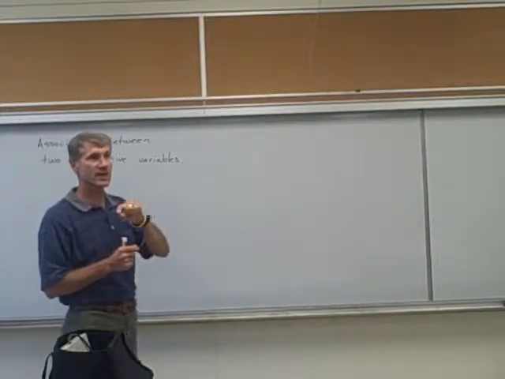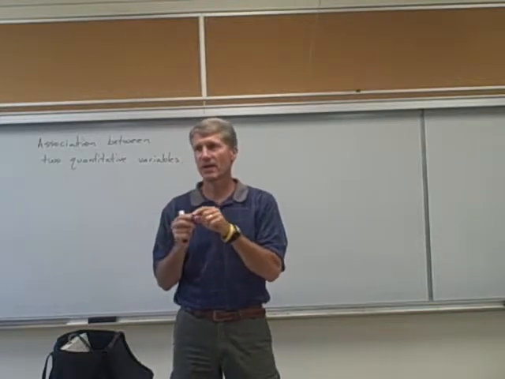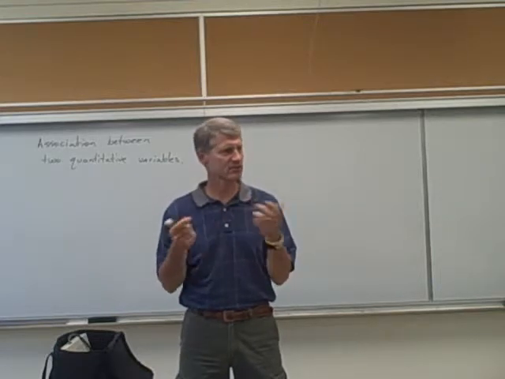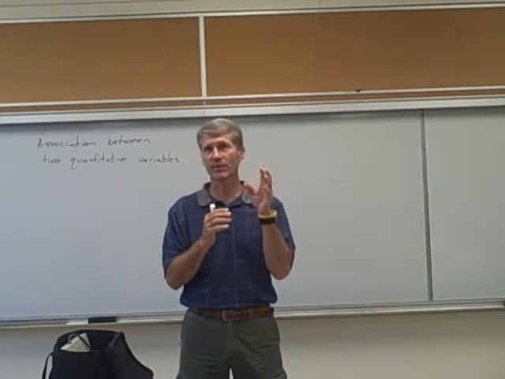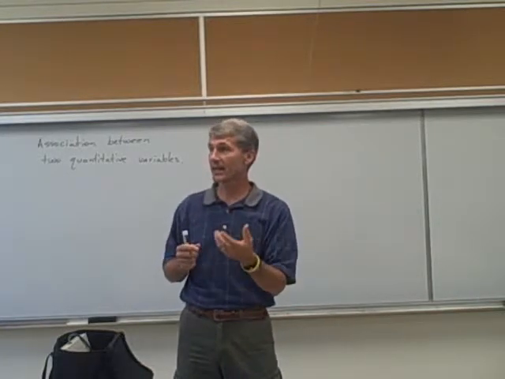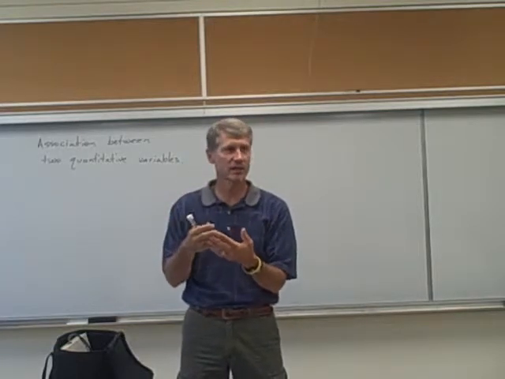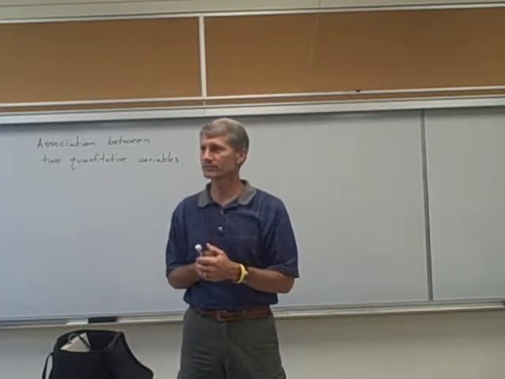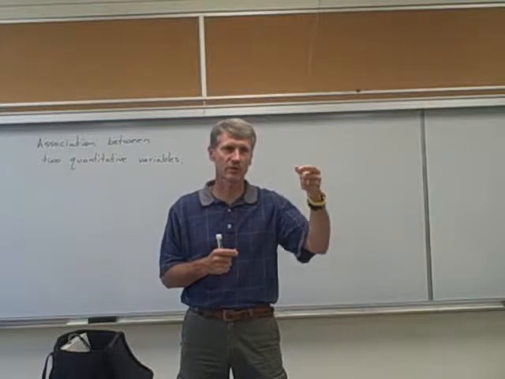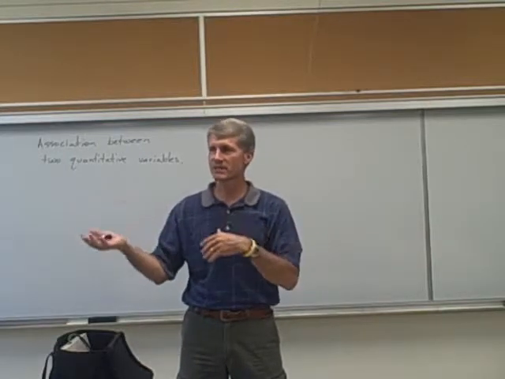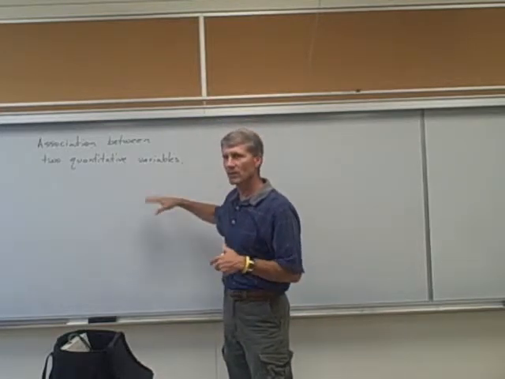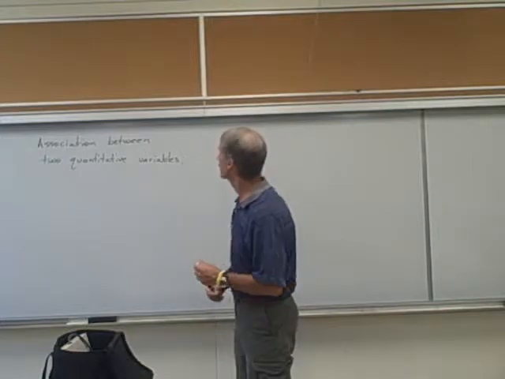There's one other scenario that we'll do later in the semester, and that's association between a categorical variable and a quantitative variable. And that one's actually simpler. All you have to do is say, well, the categorical variable defines groups, and then we do summary statistics on the quantitative one, like smoking, yes or no, and pulse. That's a categorical and a quantitative. Then we just say, well, smoking is one group, non-smoking is another group. What are the summary statistics for pulse? And that's how we show association. So if we have two quantitative variables, then we need some more tools. Okay? So to start with,